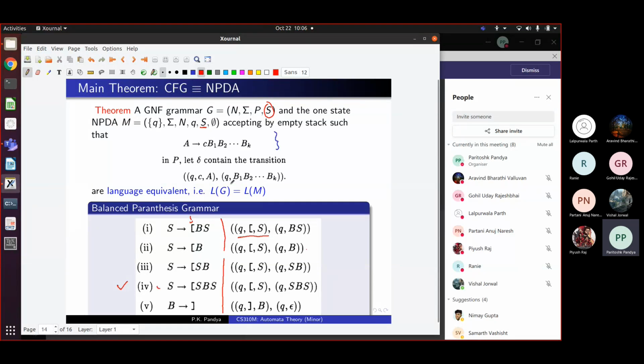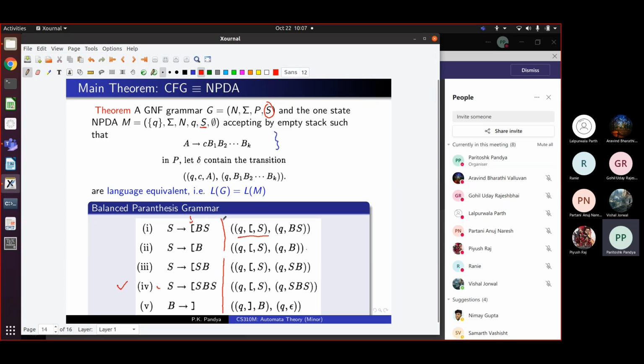And we are not doing a formal proof, but I think you can convince yourself, by reading these rules carefully and comparing the derivation and the execution, which is on the next slide, that this constructed pushdown automaton will exactly mimic the derivation in the grammar. For every derivation, there will be a run in the automaton. And for every run in the automaton which is accepting, there will be a corresponding leftmost derivation. So leftmost derivations correspond to runs of the automata, and they derive the same words, which is why these two are equivalent. Okay, that is the theorem.